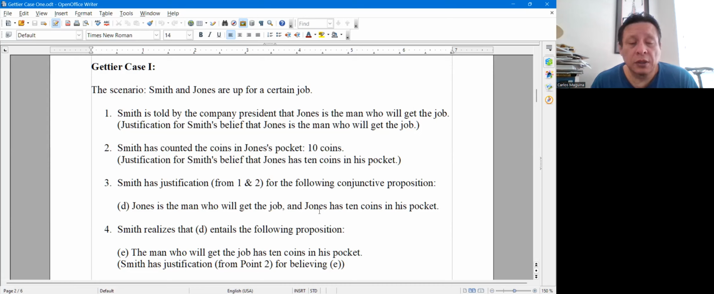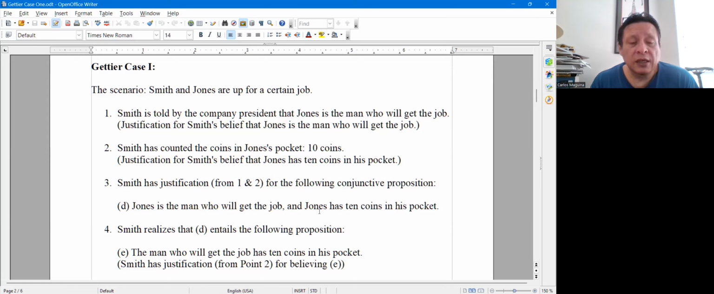Now here comes the major move, to establish what he wants to establish. He wants to establish E, and that's why he mentions the entailment point earlier. Premise 4: Smith realizes that D entails the following proposition: the man who will get the job has 10 coins in his pocket, right? This he thinks is entailed by,